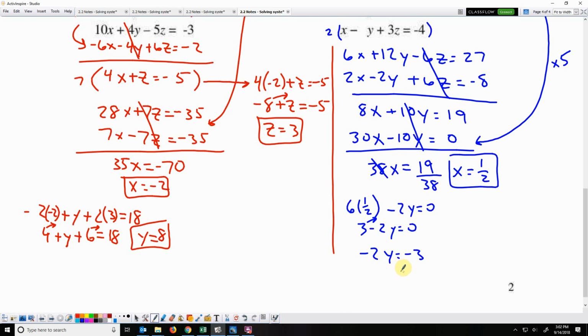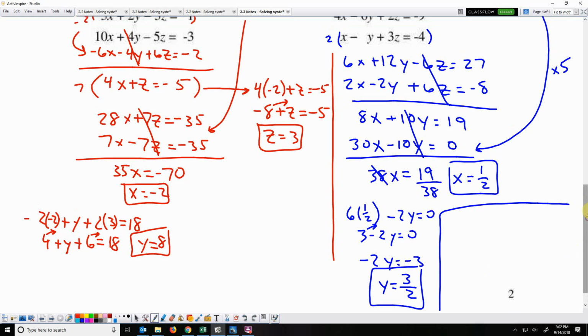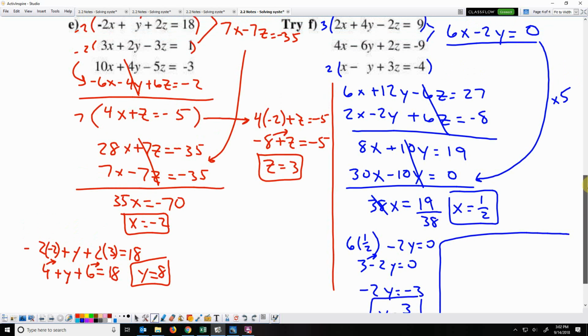And divide by negative 2. Negative divided by negative is positive. And it's 3 over 2. Okay? So I've got this little bit of space left to work with. I've got an x and a y. I need a z. I think the easiest place to plug that in,